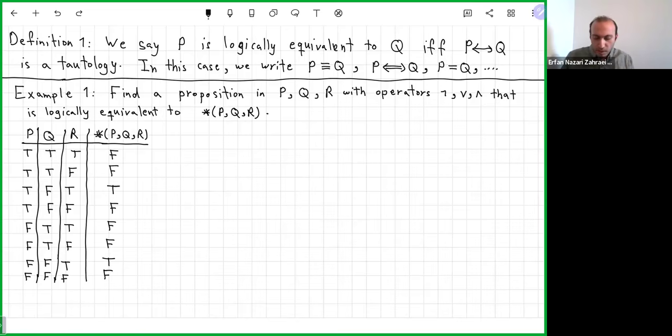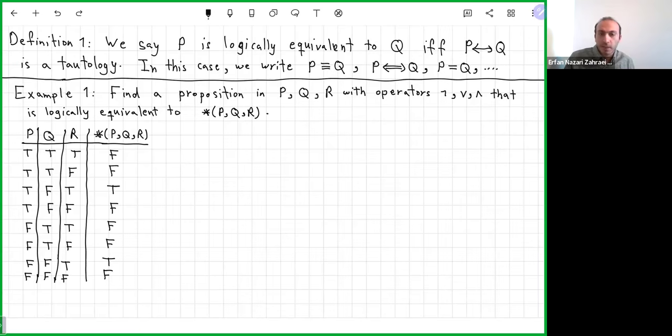Before continuing to the examples, let me emphasize that if you want to be very precise, the single arrow implication or the biconditional is inside propositional logic, an operation in propositional logic. The double arrow one is a higher level thing. We are talking about two propositions being logically equivalent, and this statement itself is not inside propositional logic. That's why we use another notation for implication or biconditional.